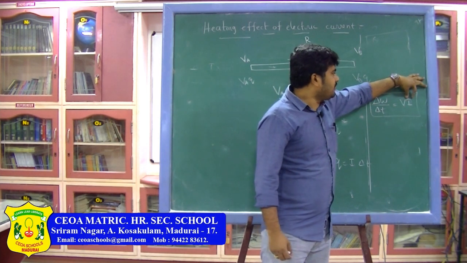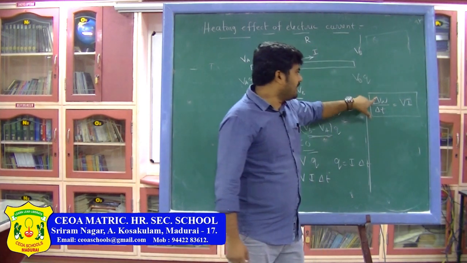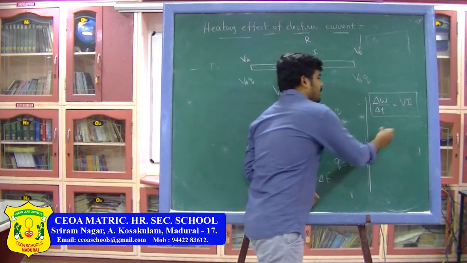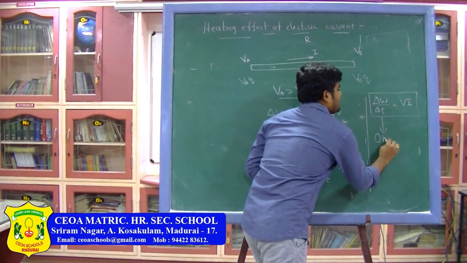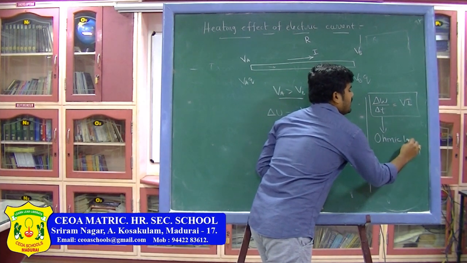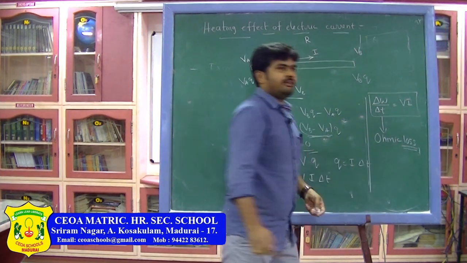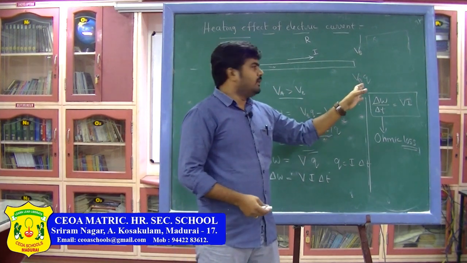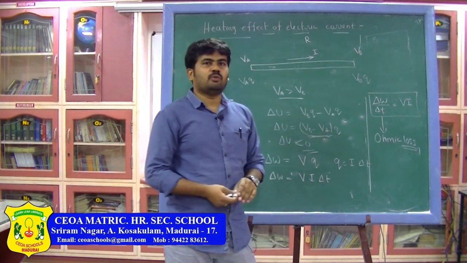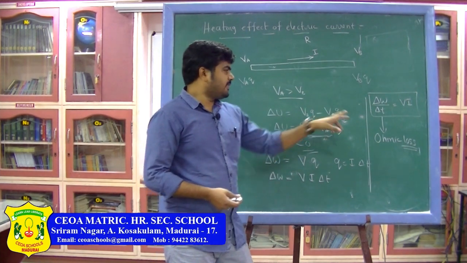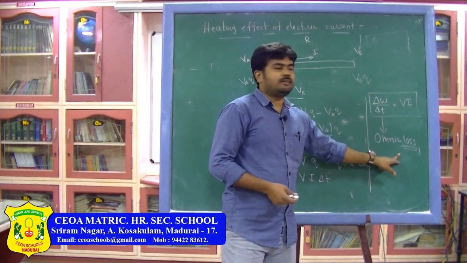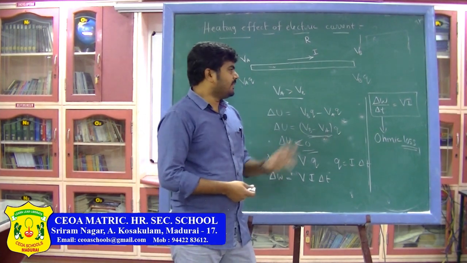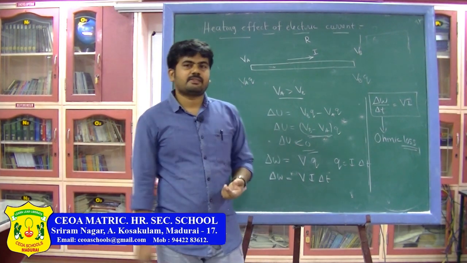So this product V into I will give us the energy lost per unit time in the conductor, which is known as ohmic loss. Remember, this loss of energy is known as ohmic loss because it is the energy loss due to the resistance of the material. The SI unit of resistance is ohm, so we call it the ohmic loss of the conductor. That means energy loss due to the electrical resistance of the material.